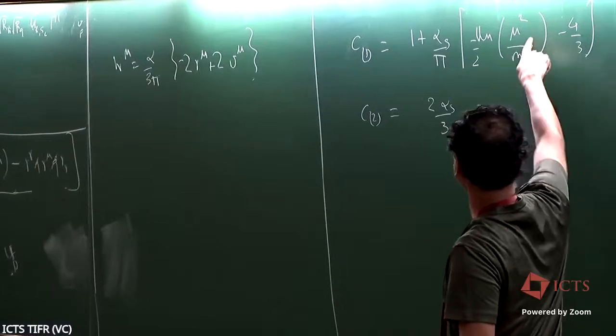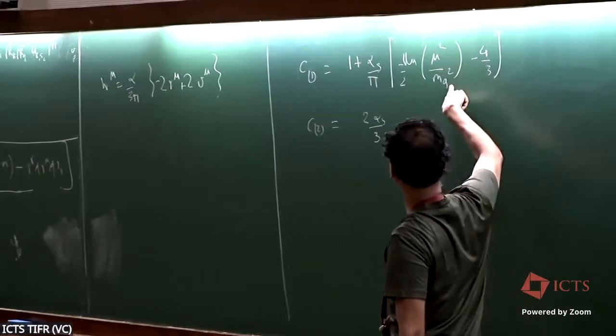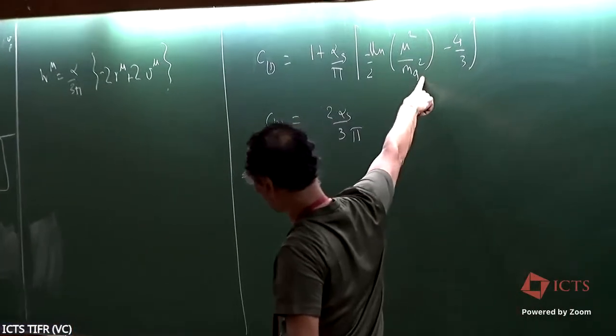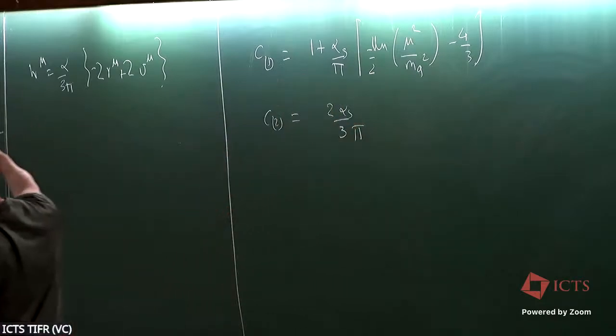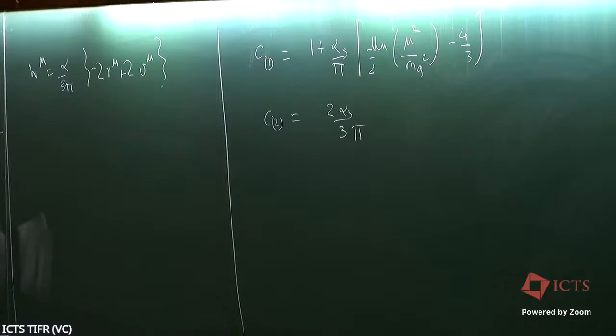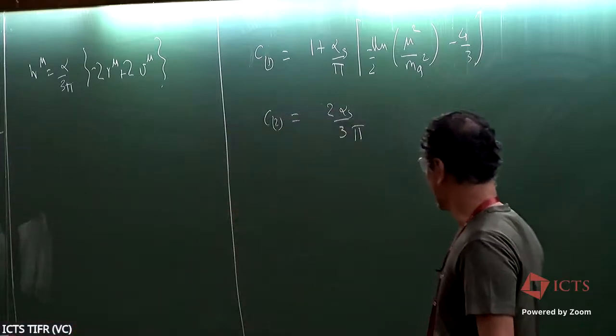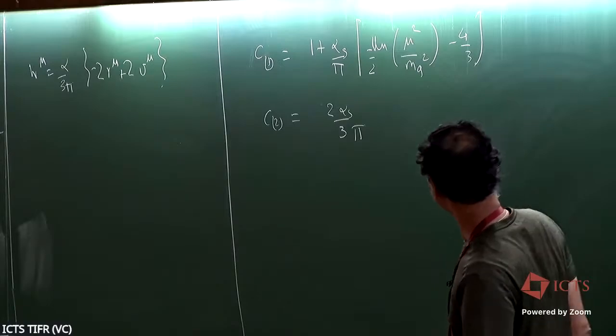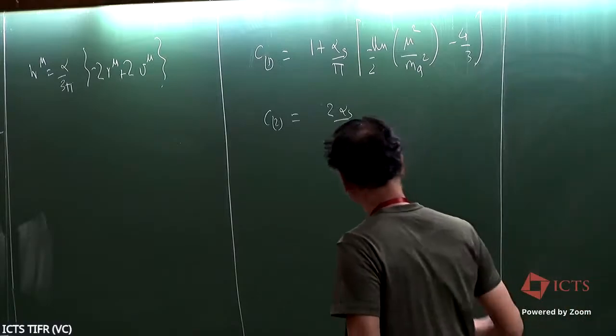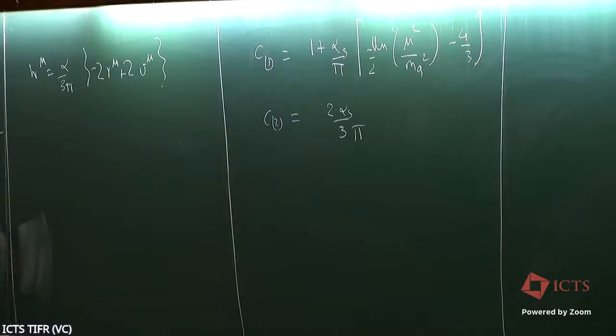And finally, you can see that the logs of mu by MQ come in. So you have to do this matching at a scale mu of the order of MQ, otherwise you'll get large logs. Okay, so I think a good exercise to do